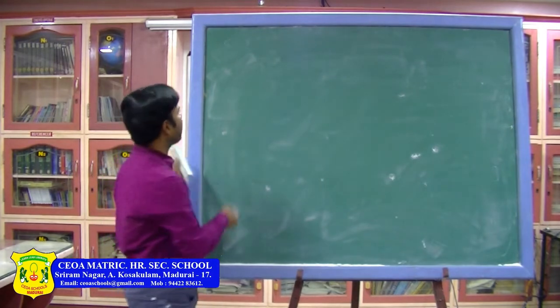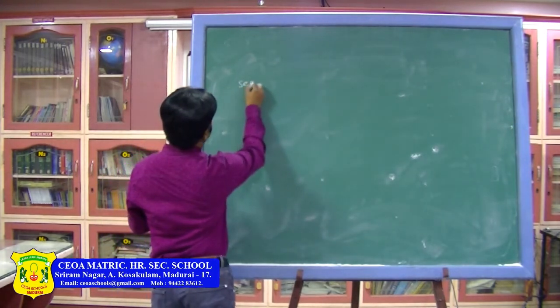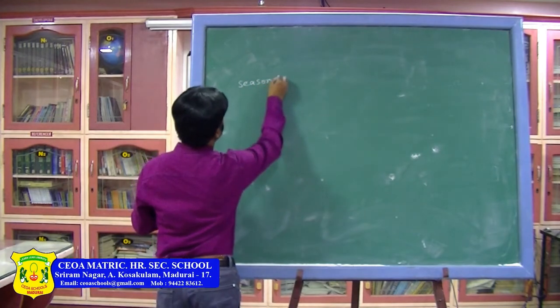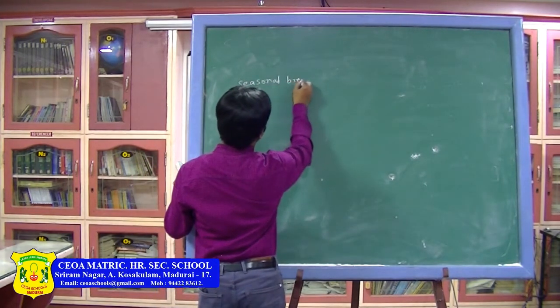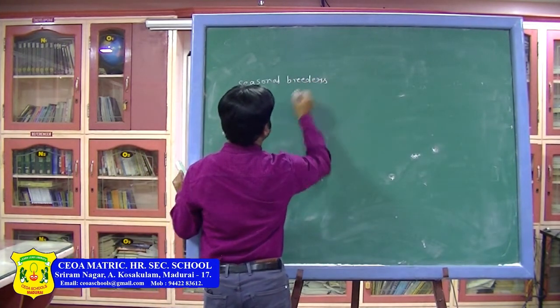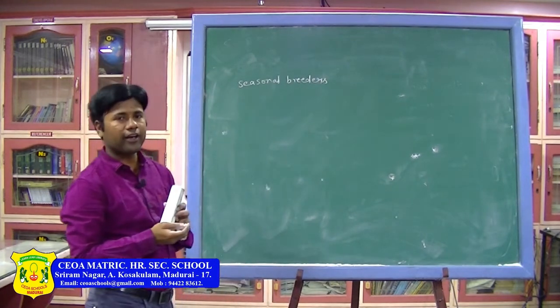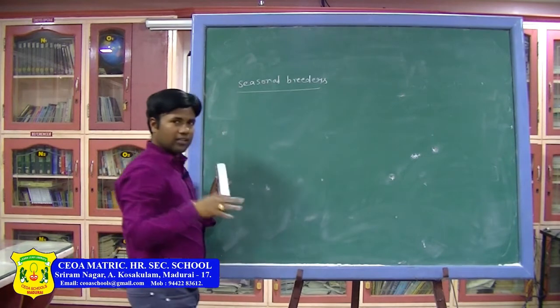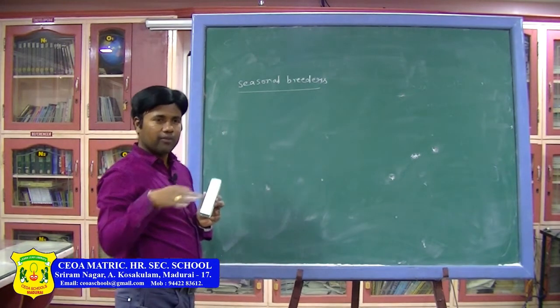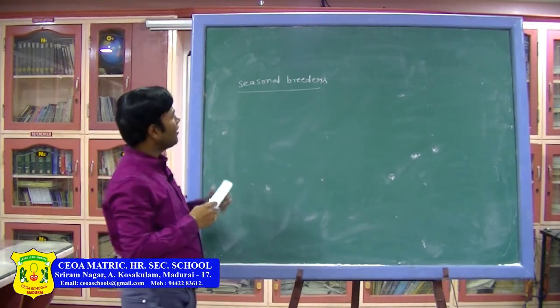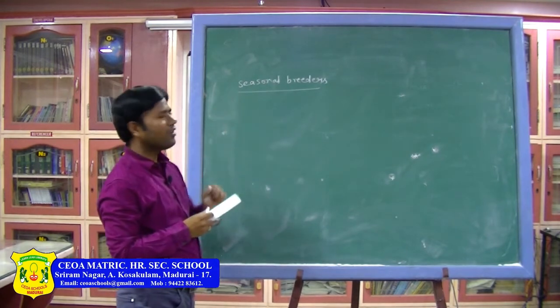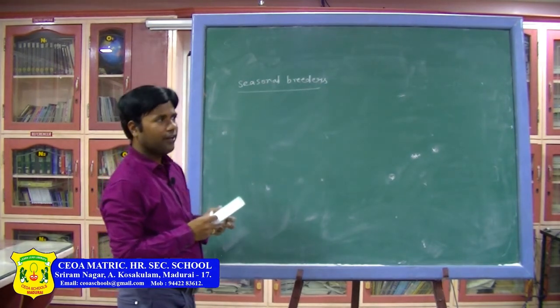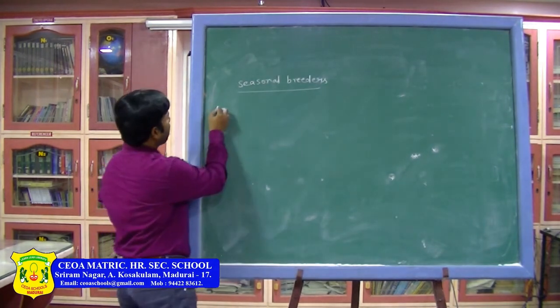Those are called seasonal breeders. Seasonal breeders means what is needed here? Their reproductive cycle is based on the climatic conditions they breed; those are called seasonal breeders. Okay. One example I will give here,